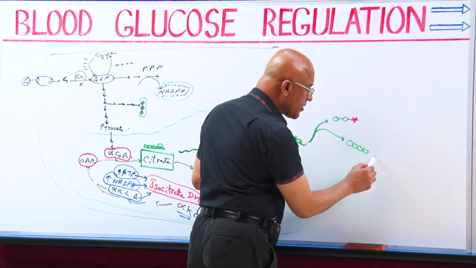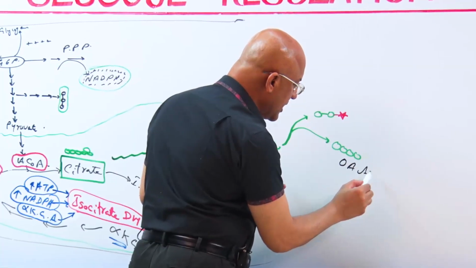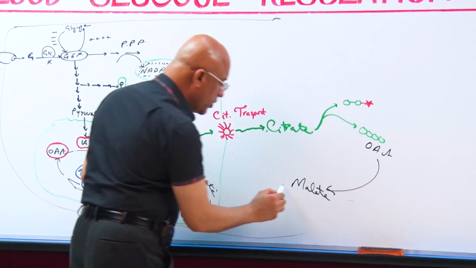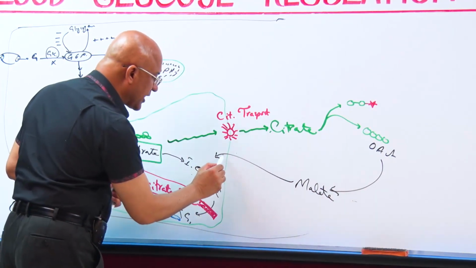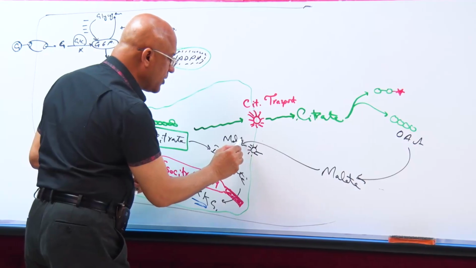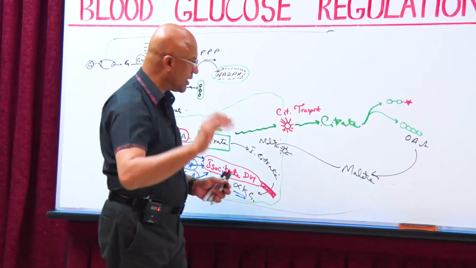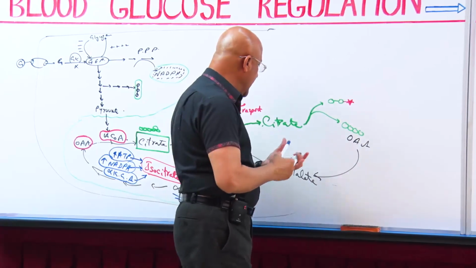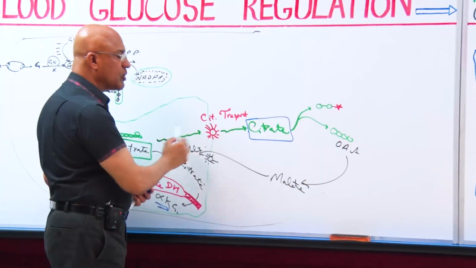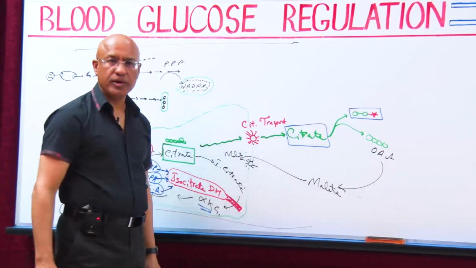This is, yes, this is oxaloacetate. And this oxaloacetate will convert into malate. I will not go into detail of this, and malate shuttle will take it back. Malate shuttle will take the malate into where? Mitochondria, and that will be used somewhere else. We'll talk later. Now, the master thing which we did is that we got the citrate out through the shuttle and we provided the cytosol with the acetyl-CoA.